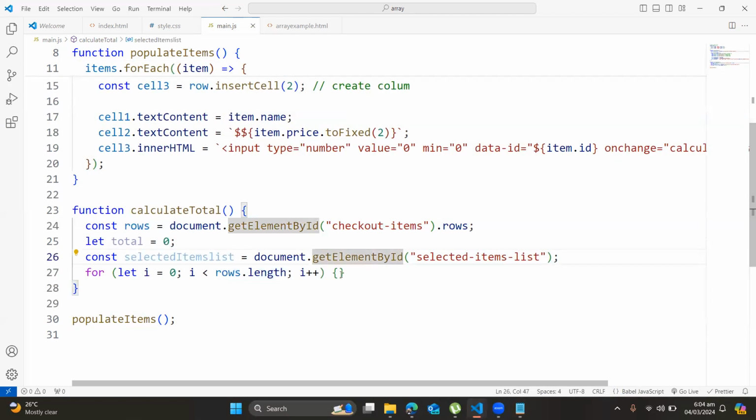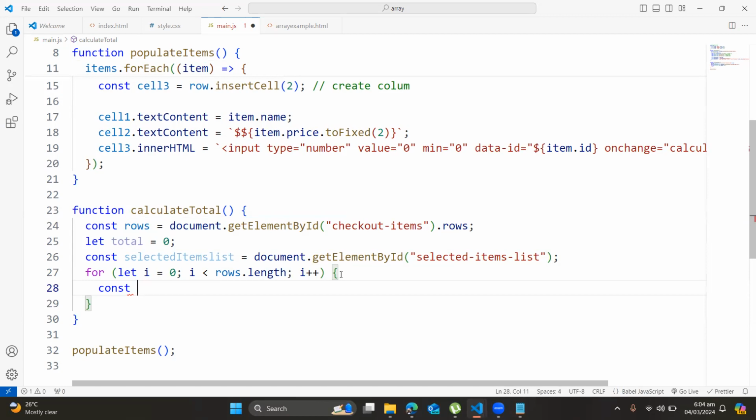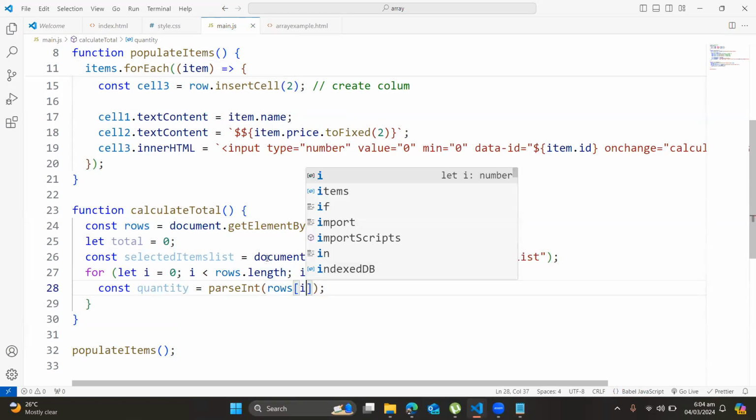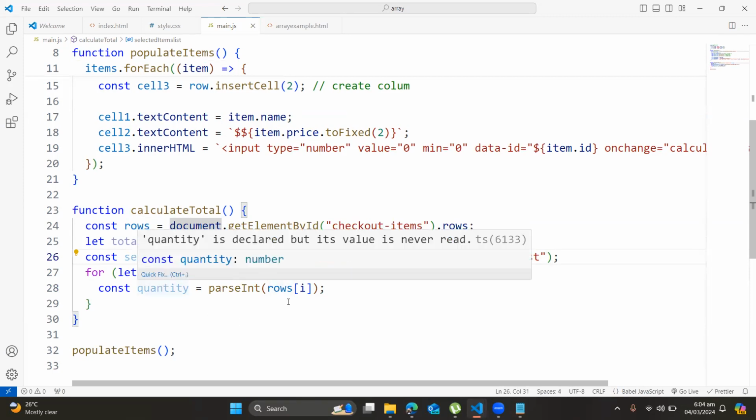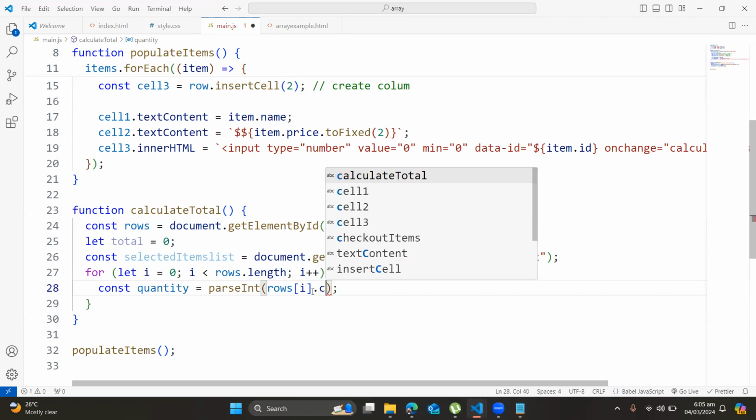Now, once I get the items I have to look for, I have to tell the computer that in each turn, create a constant called quantity. So I am going for the quantity the person entered, parseInt. This piece of code is going to force any value I get to be an integer value. And I'm going for the row of the item I am searching. So if this is 0, I'm going for row 0. If it is 1, I'm going for row 1. If it is 2, row 2, and so on and so forth. So I'm going for row 0 of the cell number